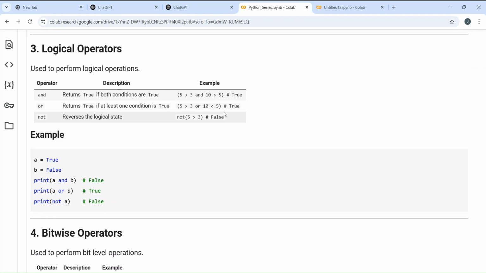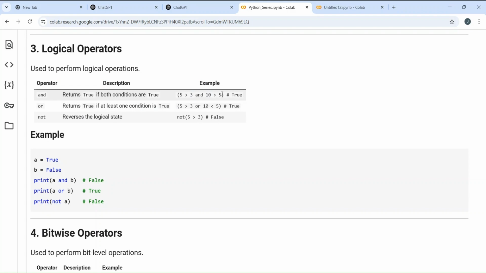If you are having an and condition, these things now operate on boolean values, or you may have a relational operator also, because in the example, these two are relational operators. The first one, 5 is greater than 3, will return true.